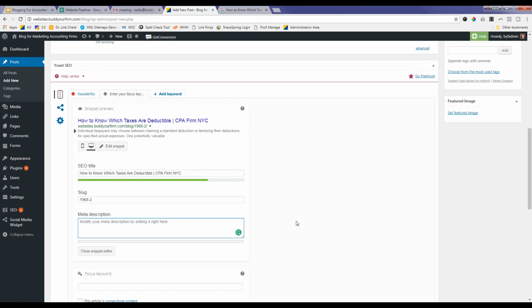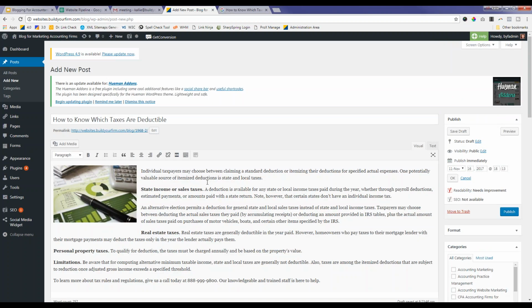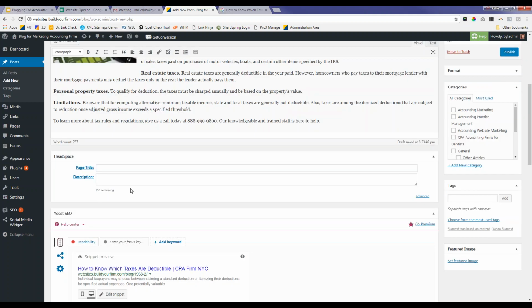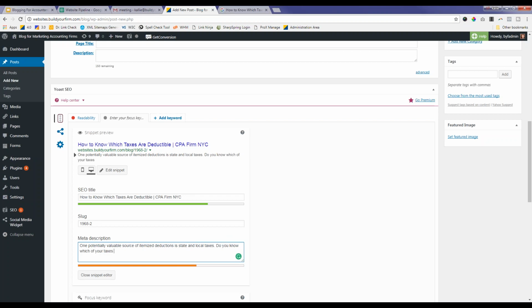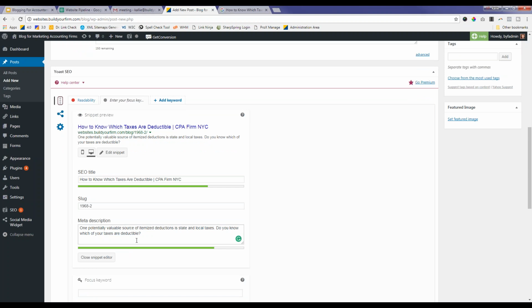And then I'm going to pop in the meta description. Usually it'll pull in the first few sentences, but maybe I want something a little bit more specific. I want something that's going to entice somebody to click on this article to read it. So I want to pick something that looks a little bit more interesting. So let's see here. We'll grab this bit, we'll pop this in here, and maybe we'll put a question to entice people to click on it. And now you've got a title and a meta description in here. So that's all that it really is.